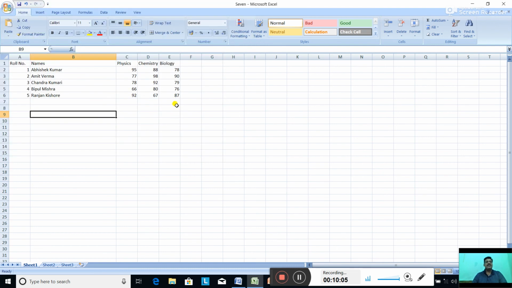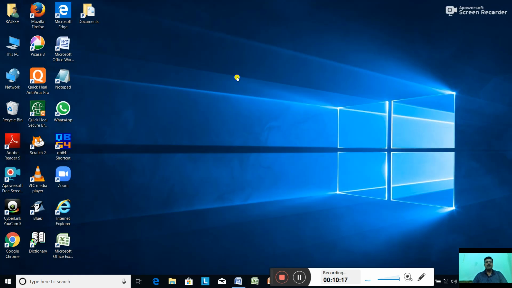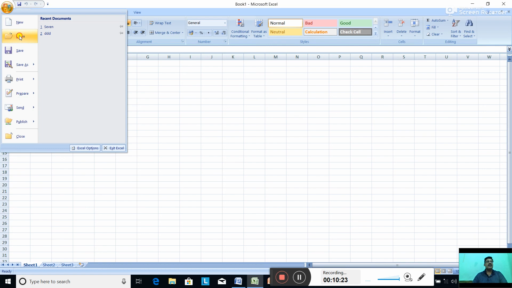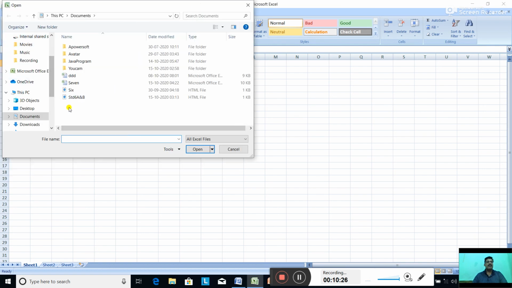As you click on save, the file is saved and stored in the computer. So next time we can open it. Just close it. Now it is closed. And if you want to open, just open MS Excel, go to the file button, click on open. Standard 7 is here